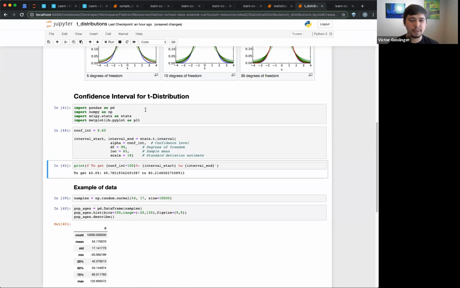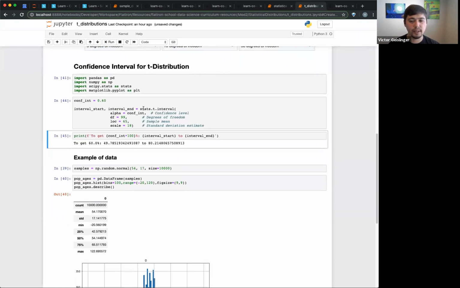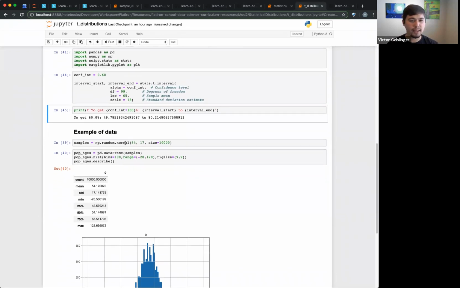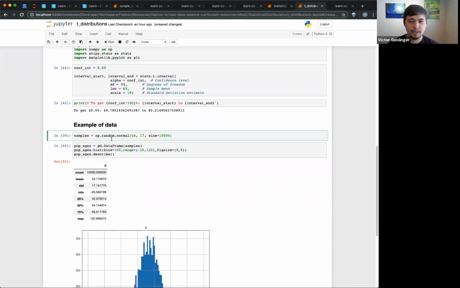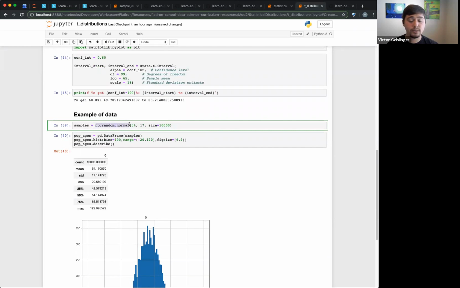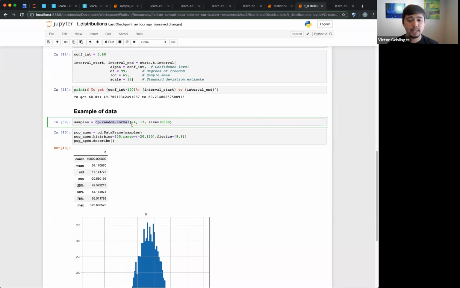So again, this comes from the curriculum. It goes through a bunch of it, but I'll give you an example of data that is similar to the curriculum. This right here will allow us to randomly generate some samples along a normal curve. This is what the mean will be, this will be the standard deviation, and this is the number of samples I'll have. In this case, 10,000